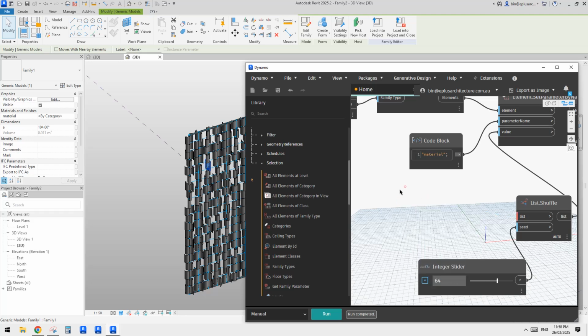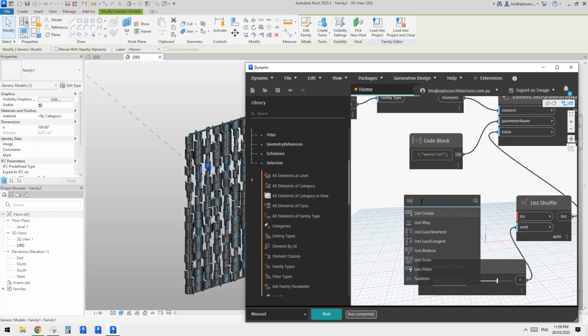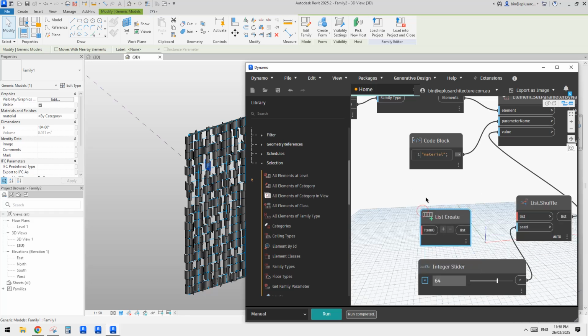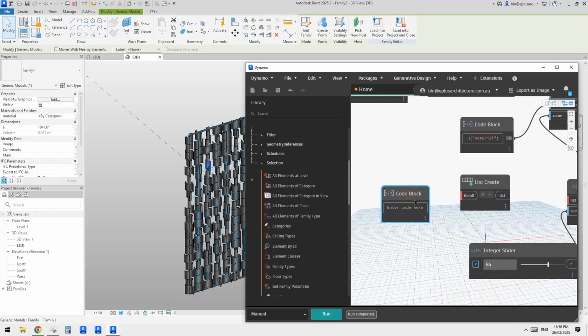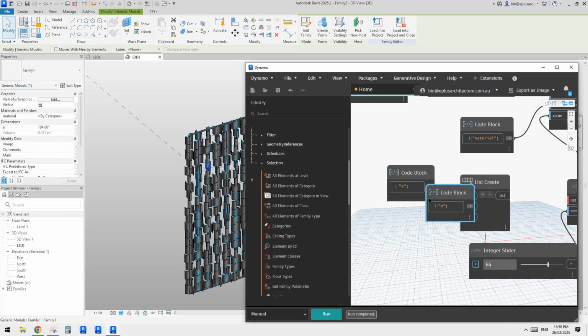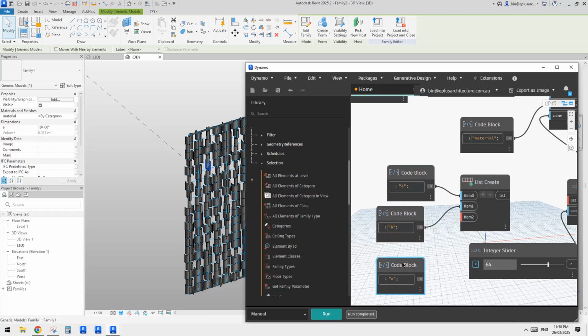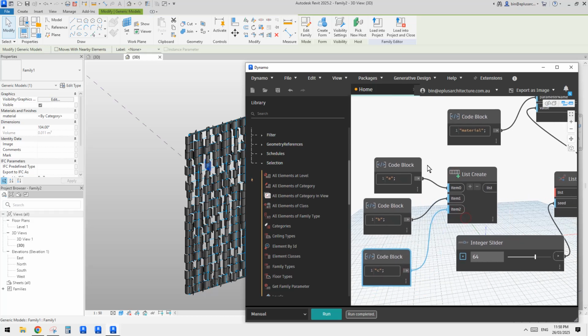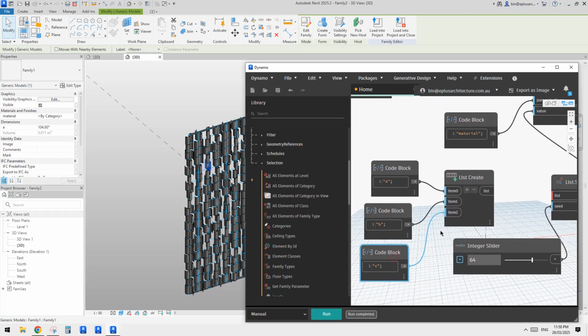I think it will be a list, create list. So name, we need A. Okay, A here, add, Control C, Control V, and it will be this B, link, Control V, and this will be C. Okay, so now we have these as the names, and then we need to convert